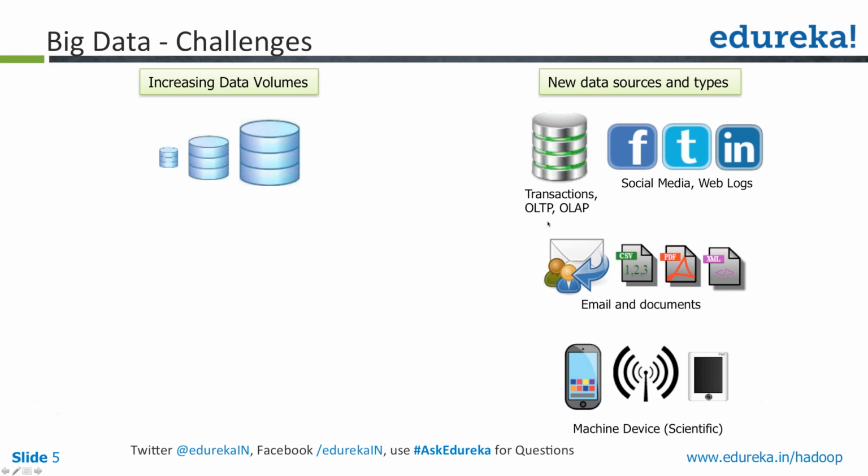Whatever transactions you're doing, say, for example, all your credit card transactions or your banking transactions, each transaction will be stored in an OLTP database. What you will be doing there is looking at the current situation of your system. You're not worried about the history of your system. Whereas OLAP, which is online analytical processing, will be storing all your historical data. It may not have the transactional level granularity, but you'll be storing the summary of all that data.